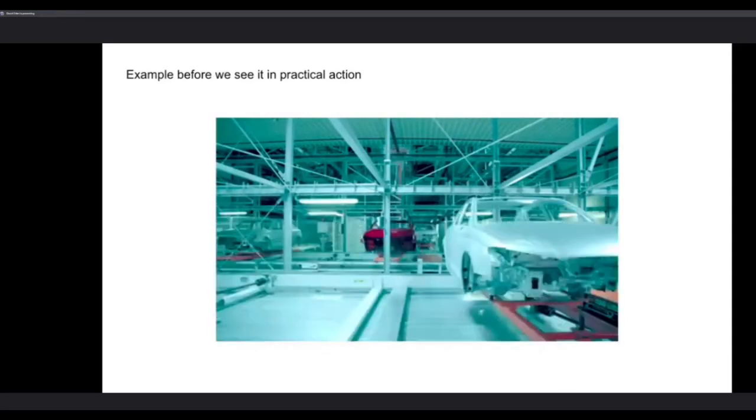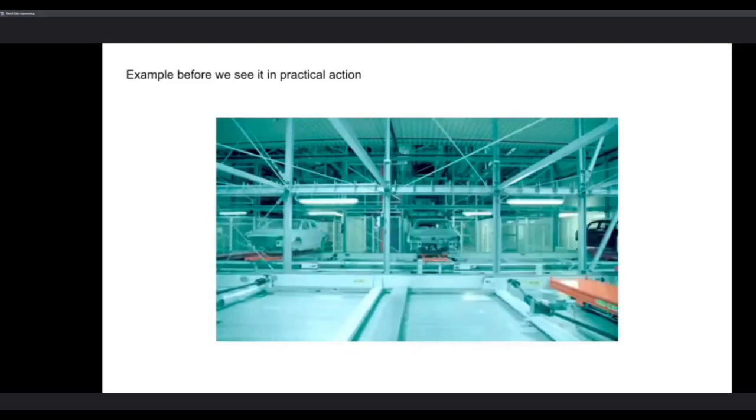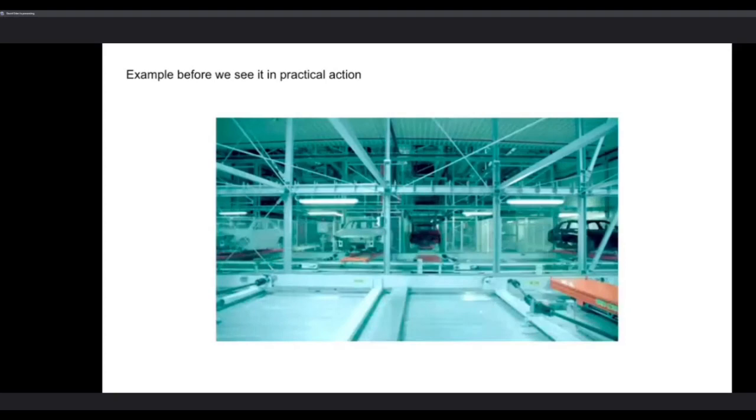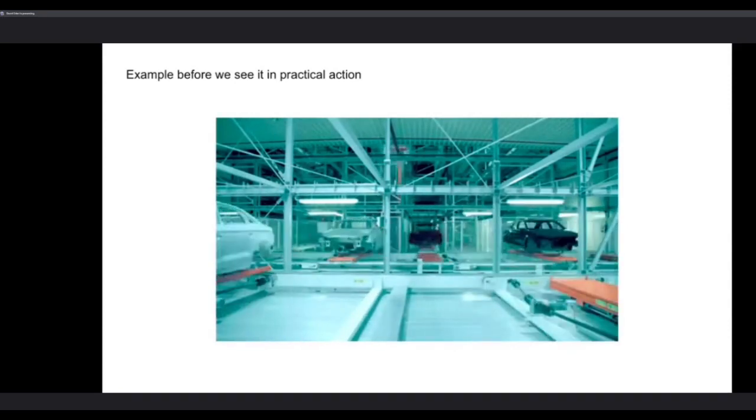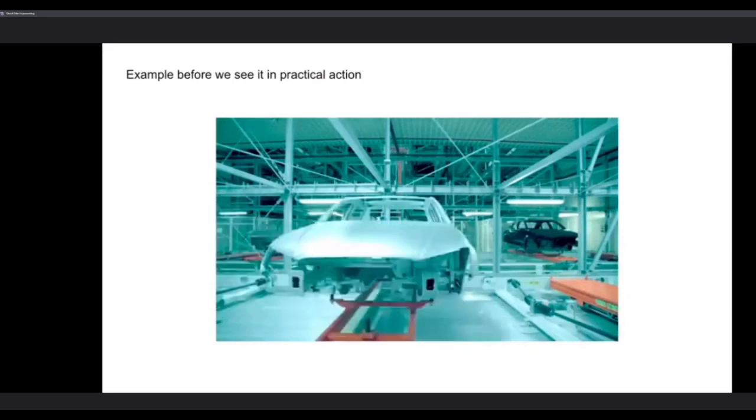We can't really hard code the paints for each individual car in the system. That is not efficient; we have to rely on something to tell us this is the car that we have now, give it this color. If we were to hard code colors for each and every single car that comes, that's what I mean by tightly coupled. It has all the information it needs in one central place.